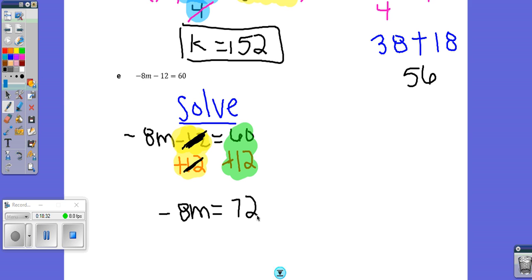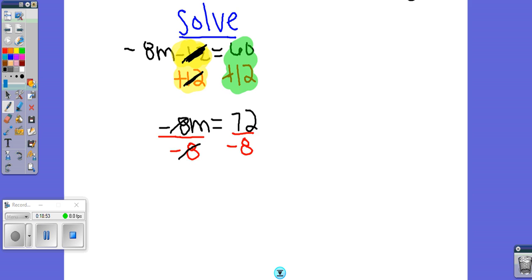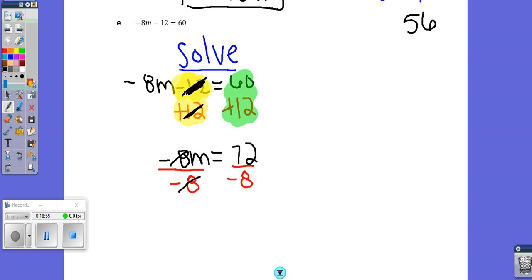And now I can divide. So I'm dividing both sides by negative 8. So negative 8 divided by negative 8 is 1. So I need to scroll down a little bit more, I guess. So negative 8 divided by negative 8, as I said, is 1. So these guys cancel out. So we're just left with 1m. So m,